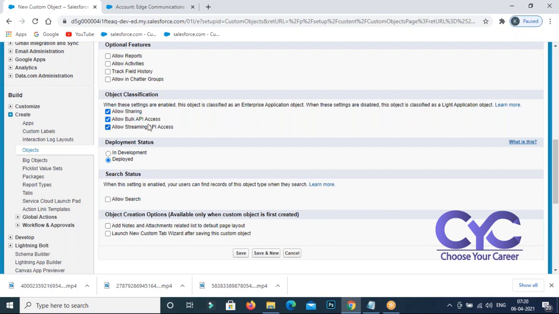See, some third party, see bulk API and streaming API. We have some third party applications out there like Java, .NET, Facebook, Google Drive, some other third party application that you want to connect with Salesforce. If you integrate with Salesforce there, it's going to ask you to access the third party application into your Salesforce records. At that time you can give this bulk API and the streaming API. Okay, that's another thing. Next thing is the deployment status.